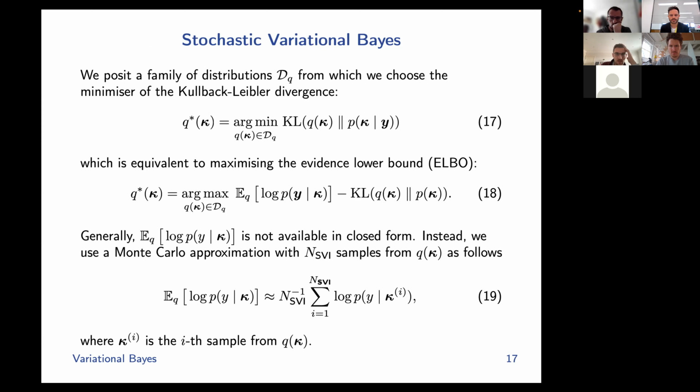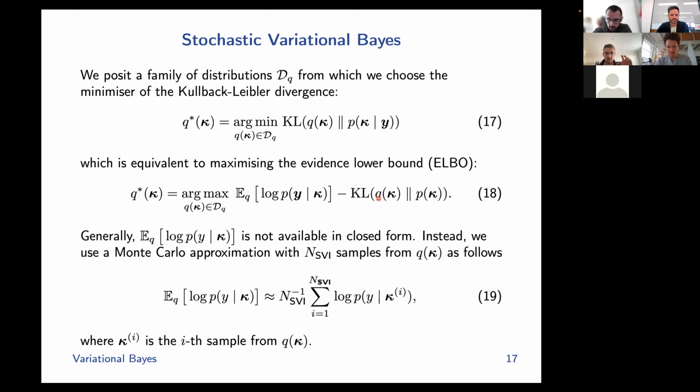So we try to find the member of the family that has the lowest KL divergence with the posterior. After some manipulation, the problem in equation 17 is equivalent to the maximization of this term, where we have the KL divergence